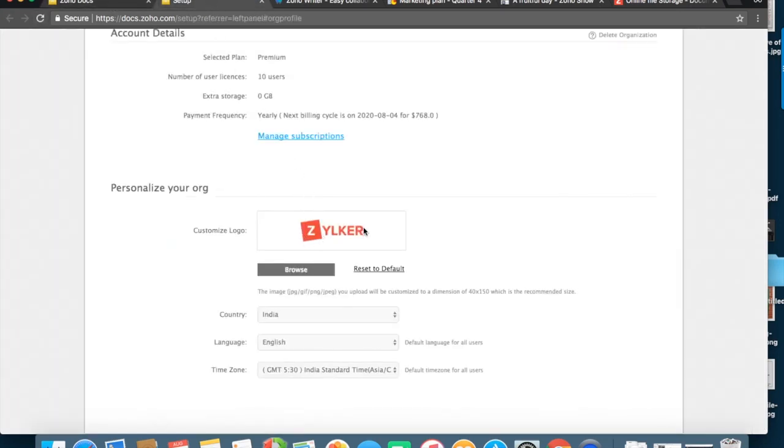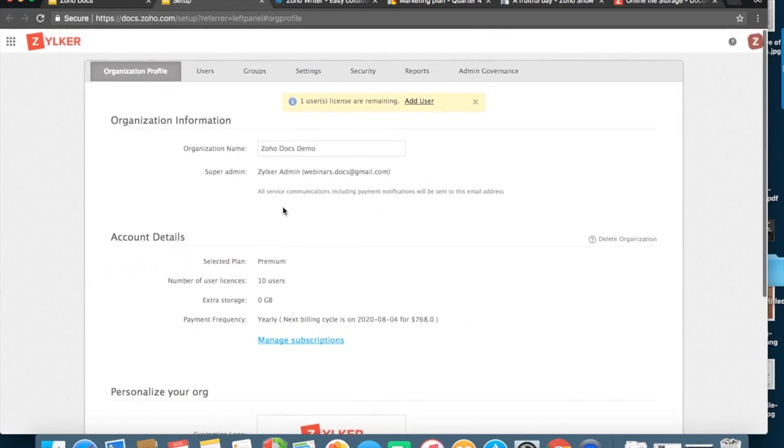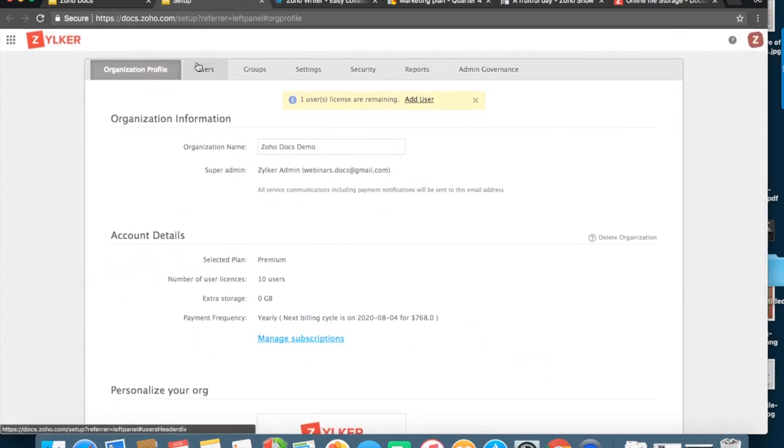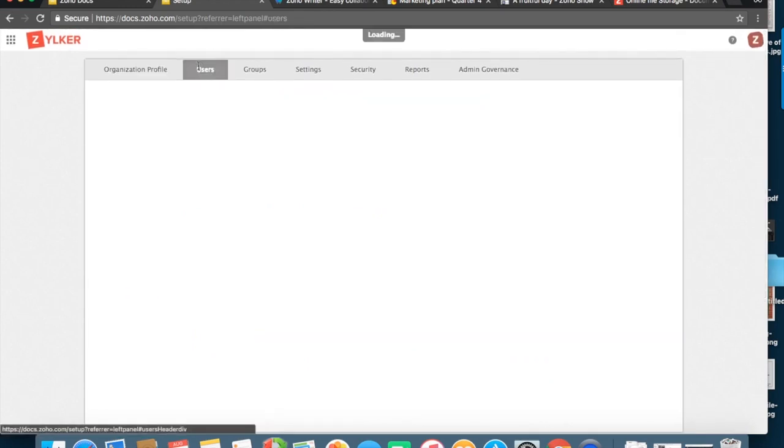So all you have to do is just click on the browse button and then select the logo of your company, and then you're good to go. You can also enter details of your country, language, and the time zones based on where your organization is set up. Now, the next tab that we go to is the Users tab.